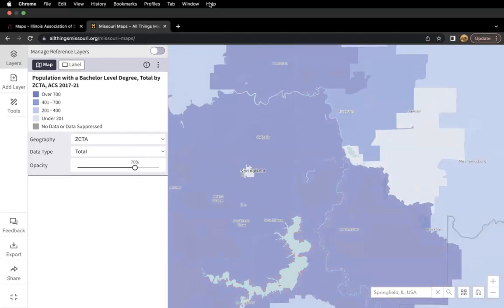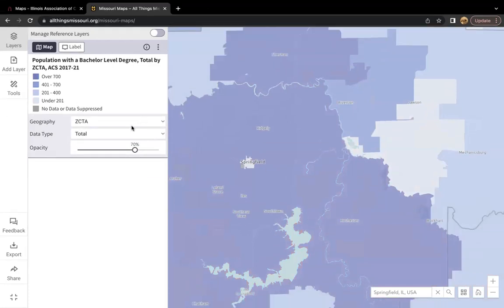Now, this map room is incredibly, incredibly robust, and it takes a bit of time to get the swing of it and to learn just how handy it is to apply to day-to-day tasks, right? Like I said, grant applications, presentations, and so on.